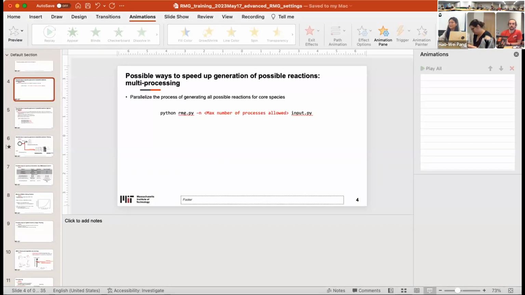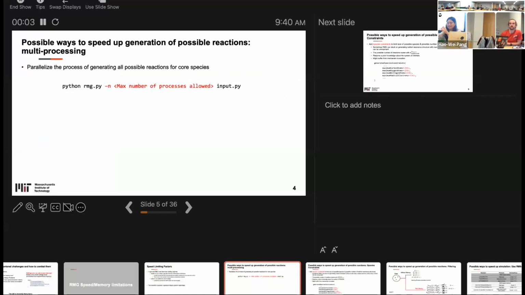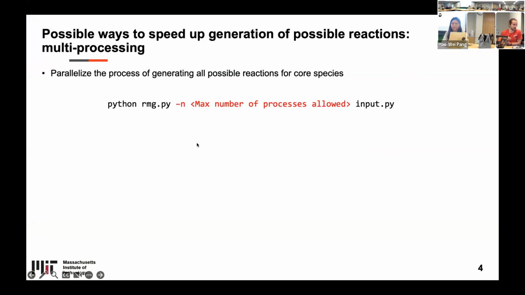So there's a step, if I remember this, where RMG tries to react all the species: one species to apply unimolecular reactions, two species to apply bimolecular reaction templates. That's the step that they parallelize. Okay. The key concept is that it assumes isomorphism checking takes time all the time, so you try to parallelize that step. But the parameter estimation part is still sequential, which is an inherent limitation of using a global database.